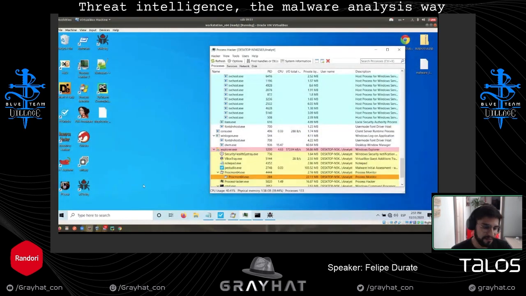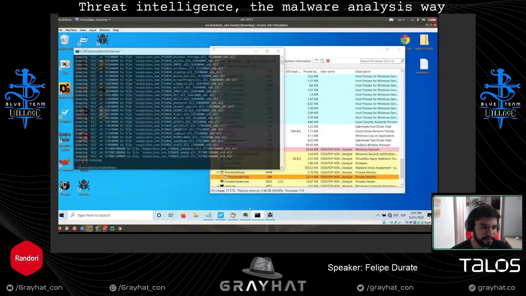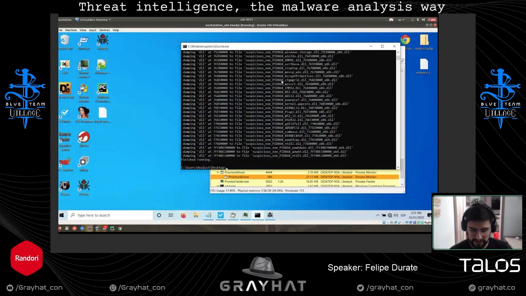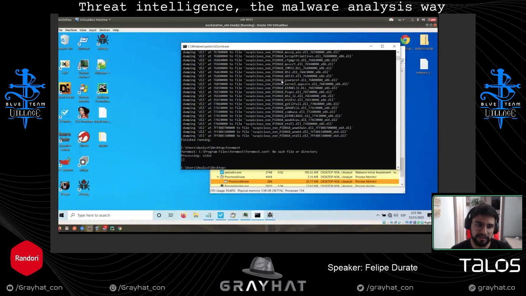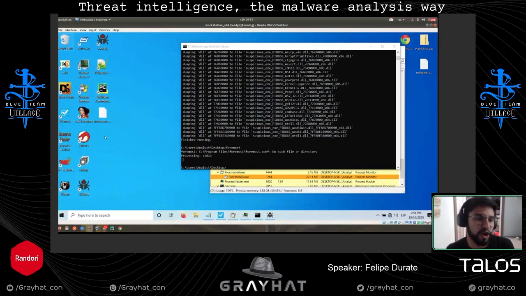So I added in the machine for you a data carving tool called Foremost. Probably you are familiar with it from forensics. Foremost basically tries to look for the headers of files, and if it finds a known header, it will extract that kind of file.